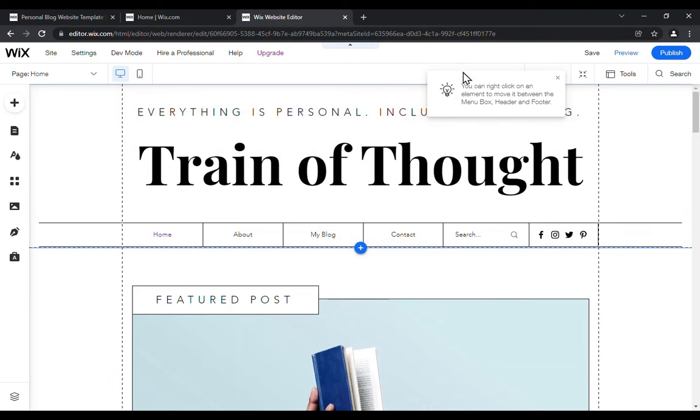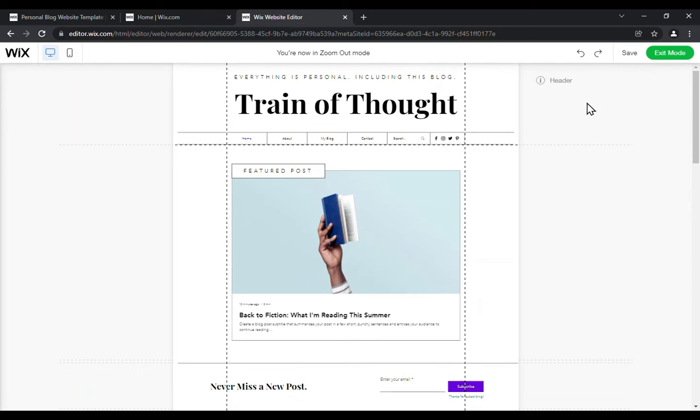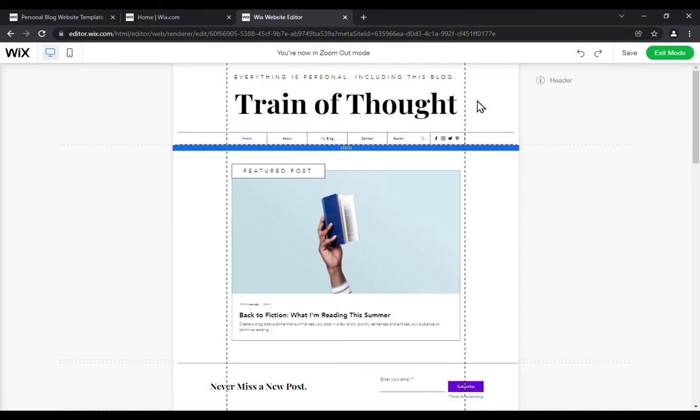The next thing on our menu icons over the top are our undo and redo buttons. If you accidentally do something to the site and you either don't like it or did it by accident, you do have the option to undo some of your changes. And you also have the option to zoom in or out. This is especially helpful when you're trying to look at what the layout of your site is going to be. That might be a reason why you want to zoom out, so you can see more of the big picture